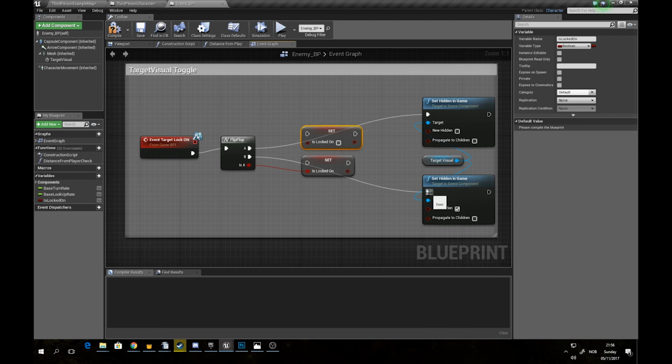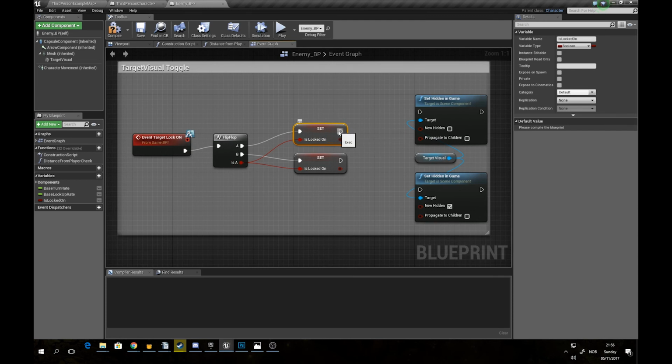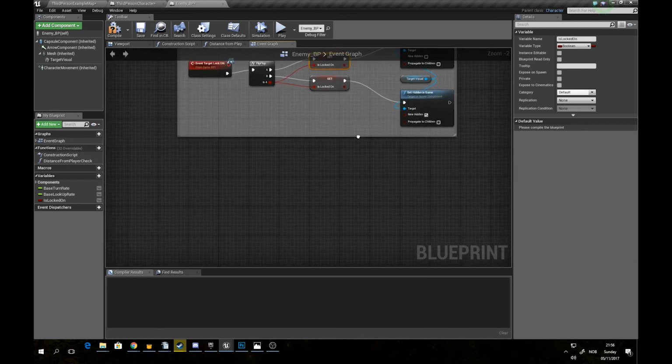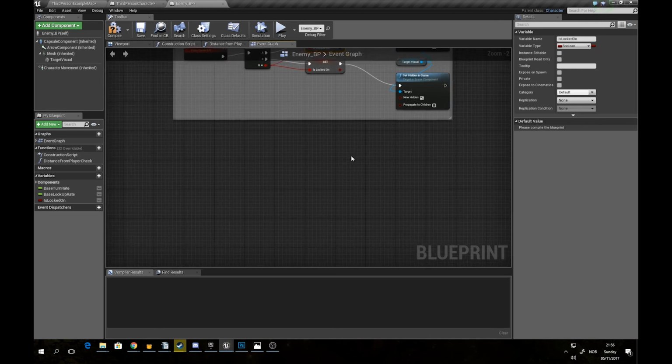from out of the flip-flop. So just hold Control here, left click, drag in, and same up here. We're going to need this condition to be in both of them, and let's go whoop and whoop. So these are connected. Next thing what we need to do is add the actual logic for if our target